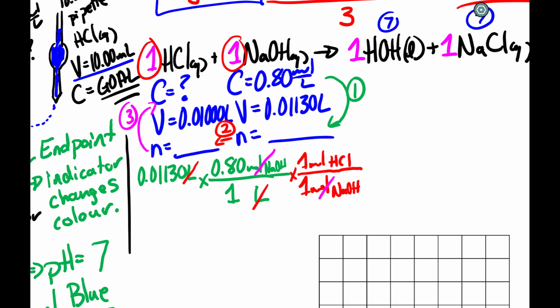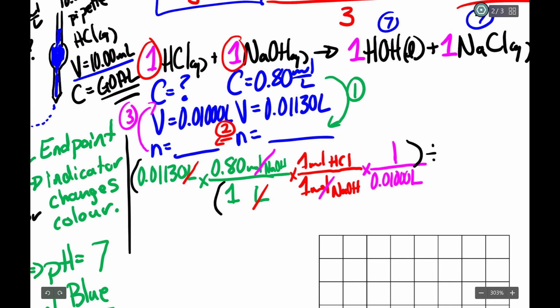Now I need this just in moles per liter. So I'm not looking to cancel this moles of HCl out. I'm leaving it. I just want to put it over liters. So the volume of the sample was 0.01000 liters. I'm going to put that in. So nothing else cancels. Everything on top, hit divide. Everything on the bottom, hit equals. And when I do that, I get an answer of